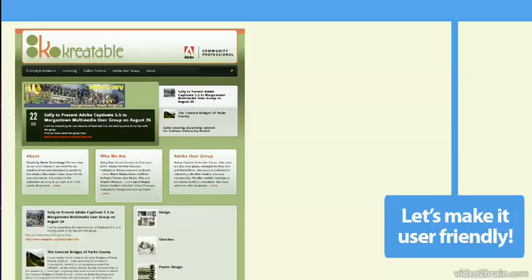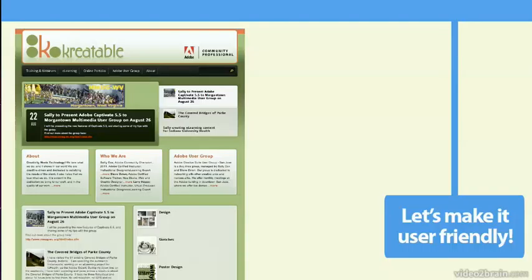In this lesson, let's talk about how our site flows, that is, how our user will actually read the content, how their eye will flow across it, something that I call a user flow. We want this to be as user-friendly as possible. So here I have a screenshot of my website, creatable.com, and I just wanted to review how the user actually